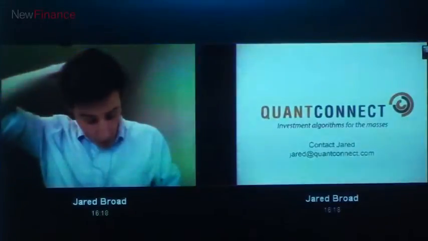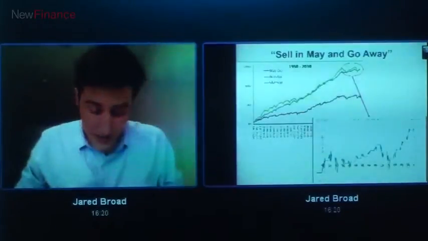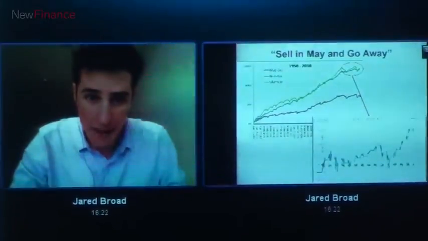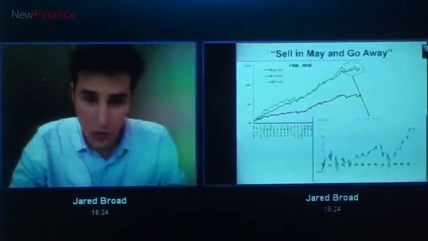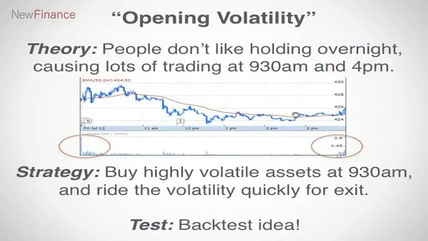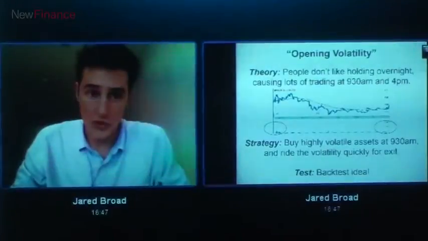So yeah, I also have another algorithm that I actually traded live that I'd be happy to walk you through, but I actually didn't code it up in QuantConnect just because of time. And so this one I called opening volatility, and it wasn't rocket science, but the theory was that, like myself, there were a lot of people that didn't like holding strategies overnight, because of the market risk that you could be exposed to.